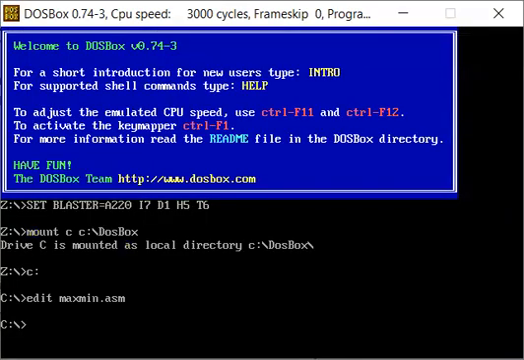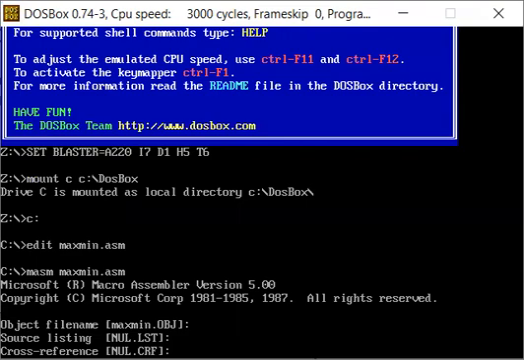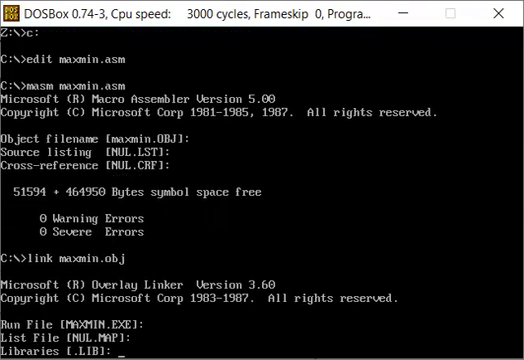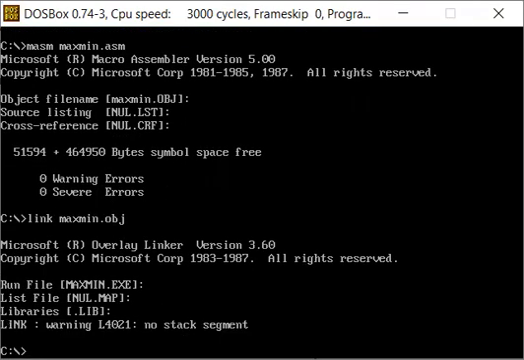We exit, and then we type maxmin.asm. We enter 3 times. 0 warnings and 0 errors. So now we link the maxmin.obj file. Hit enter 3 times. After this we debug